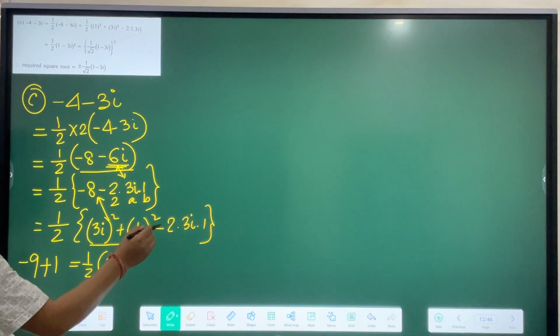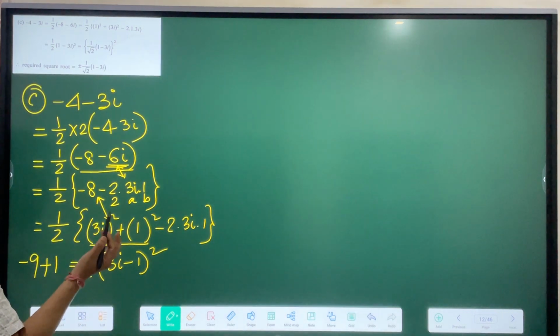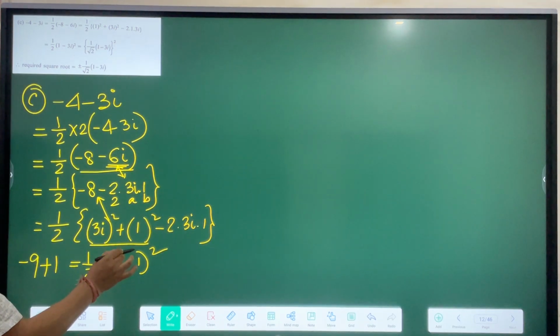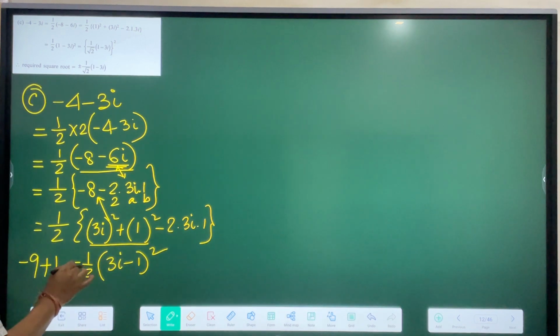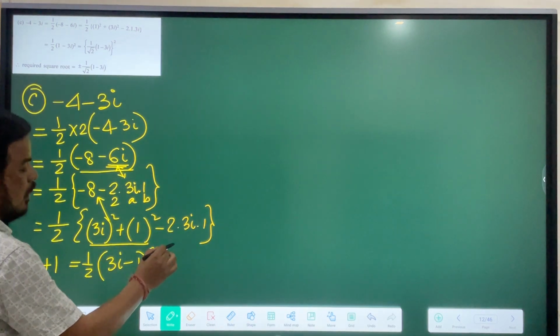a square plus b square minus 2ab is (a minus b) whole square. What is a? 3i. What is b? 1. So this is whole square we have got. But we have not got whole square for the whole term. Only for this part we have got whole square. For this part we have not got whole square. So if we want to get whole square as a whole,